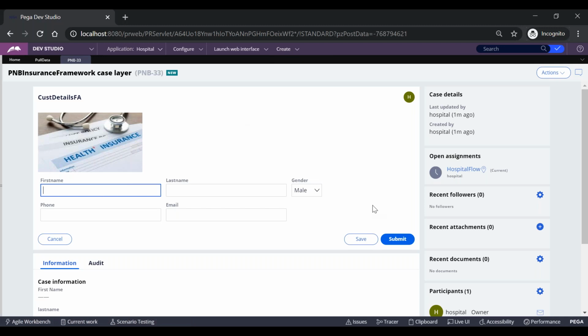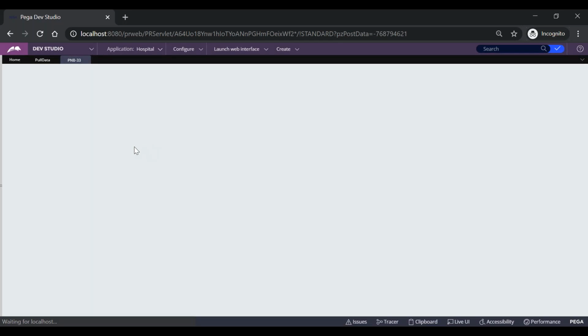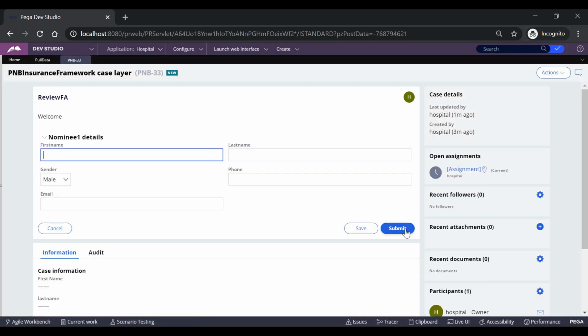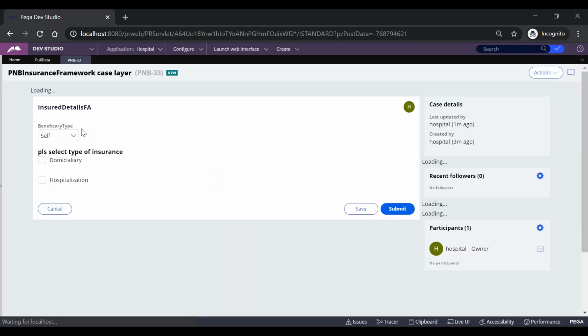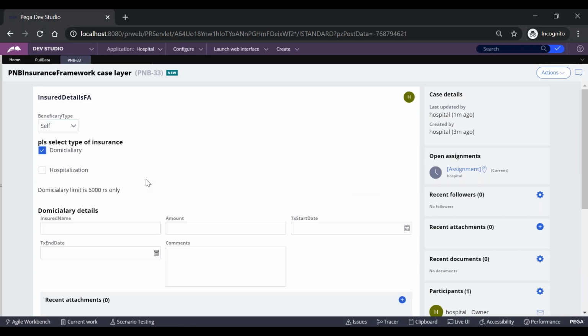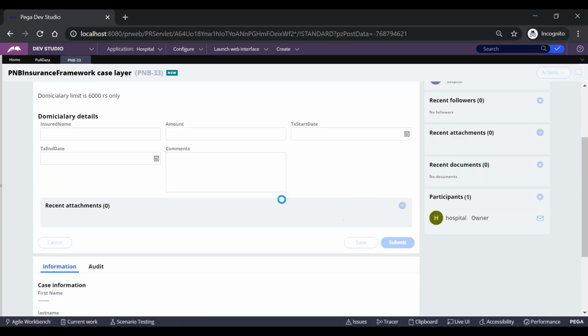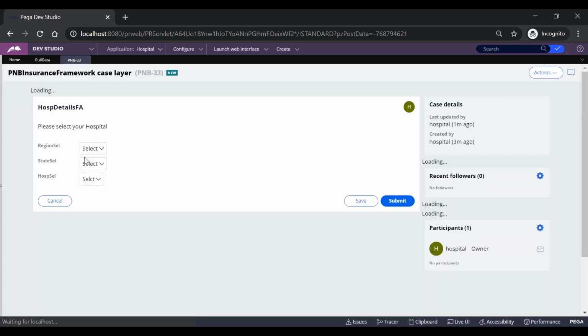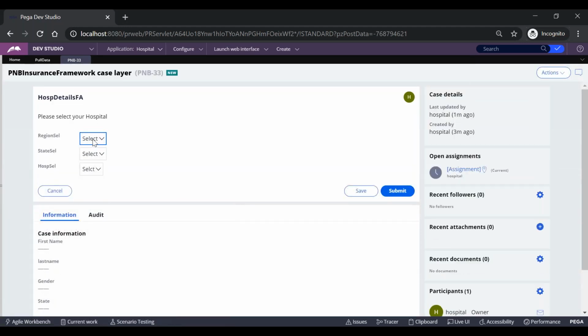This is one flow action rule, and the primary page for this flow action rule should be the PY work page only. And maybe in the next screen we are using many activities. This flow action will be using PY work page as the primary. Here we have used a few activities also.